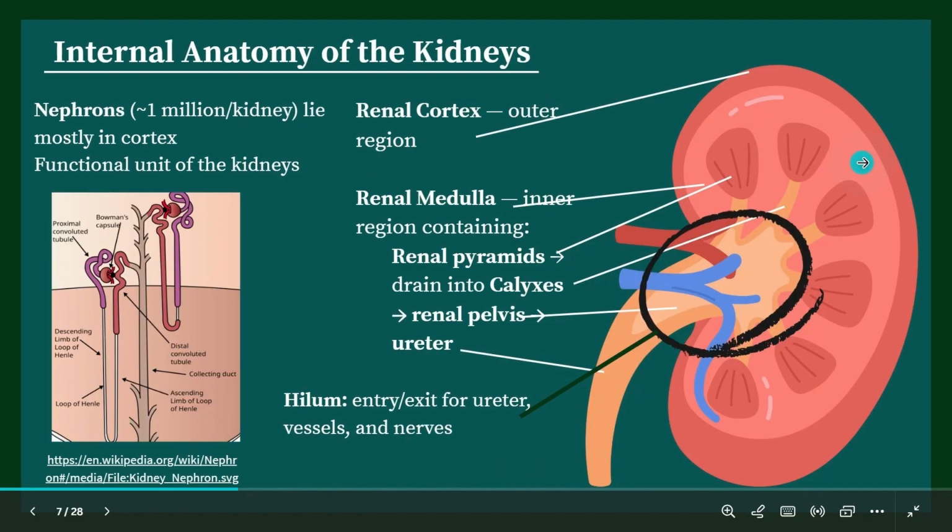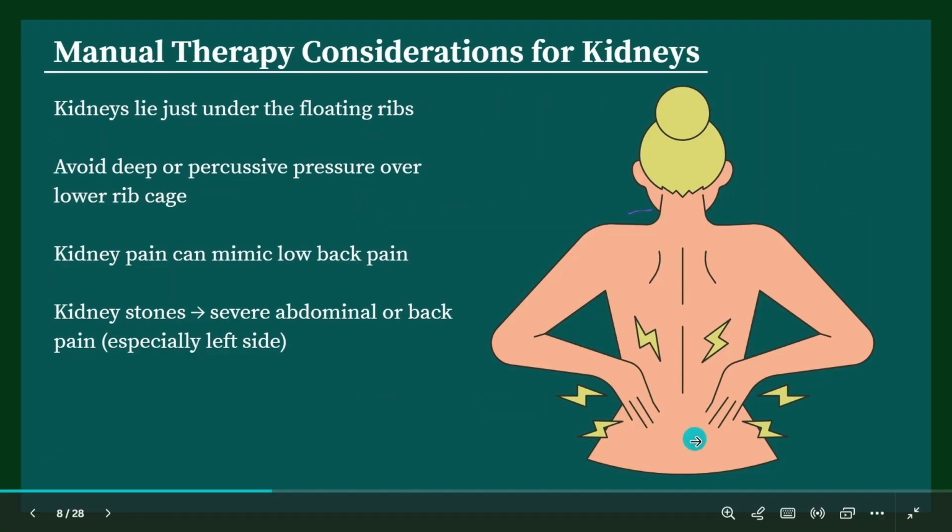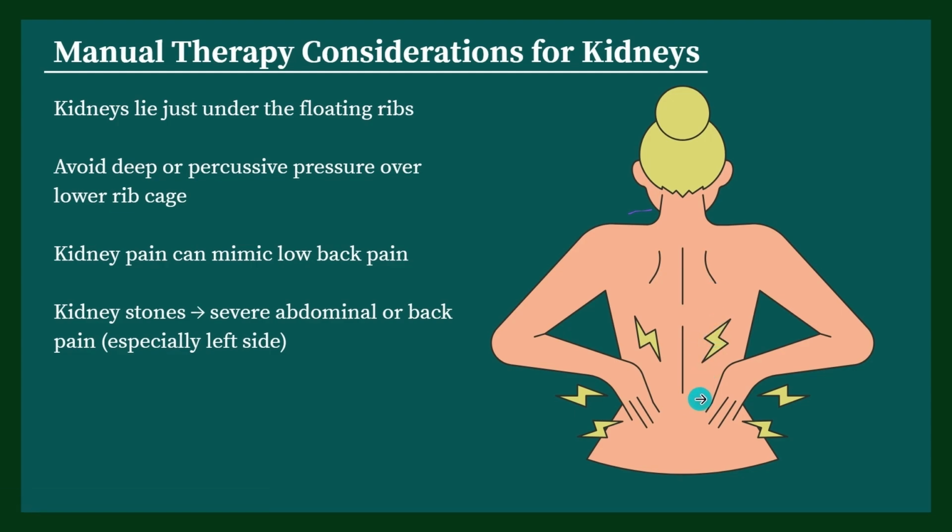So considering the placement of that, when you are doing deep work in the mid to low back, around where the lowest ribs are, if you're not very, very careful, you could injure the kidneys. That's why we try not to do deep pressure in that area 4 inches lateral to the spine, because we could potentially break a floating rib, which could puncture a kidney,